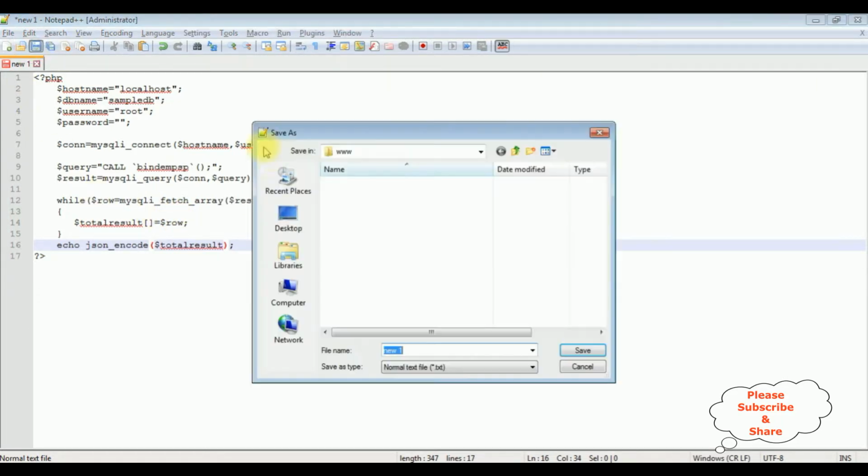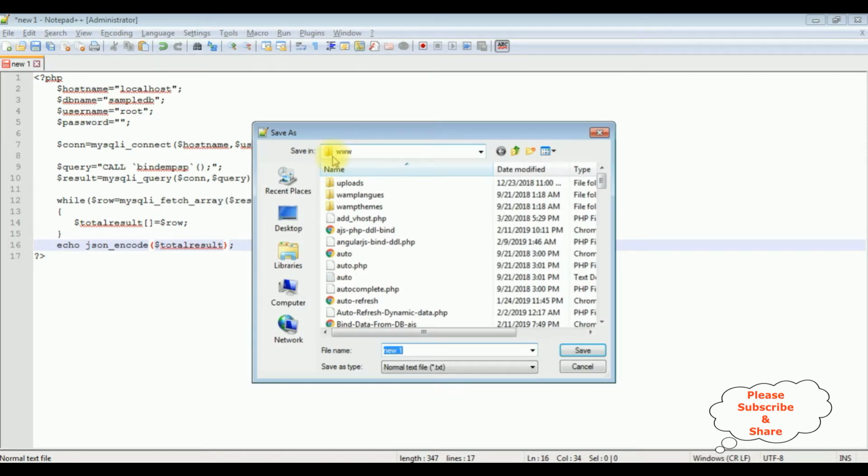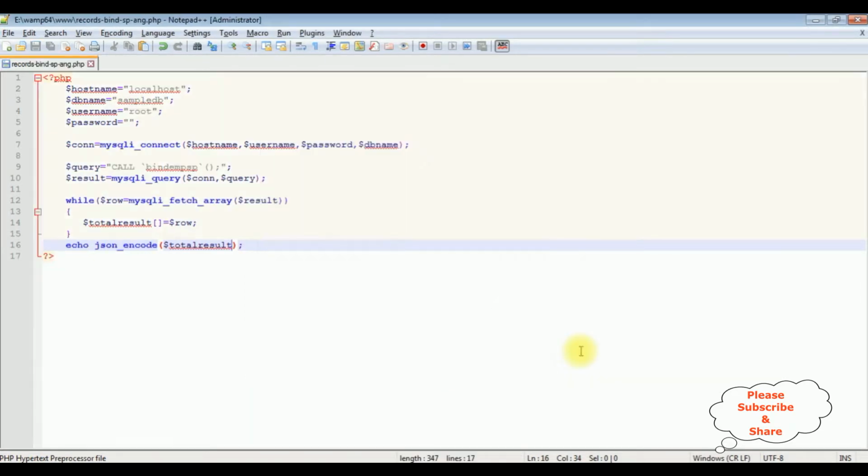Let's save this file. I'm saving this file in the root folder www. The file name I'm saving is records bind stored procedure angularjs ang.php. Let's save this file. Now next we require the AngularJS script to call this PHP file and display it in the